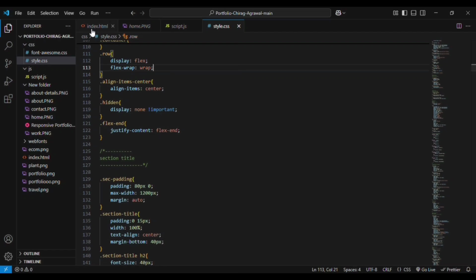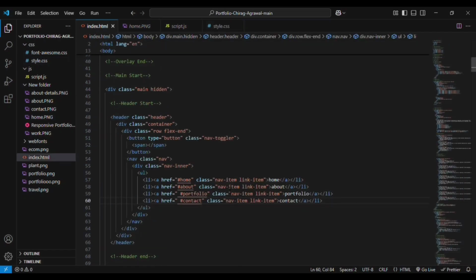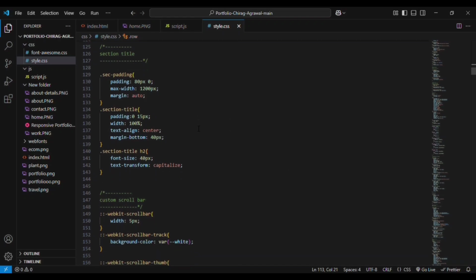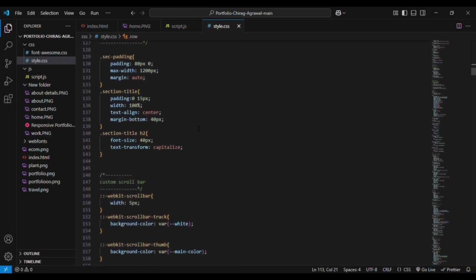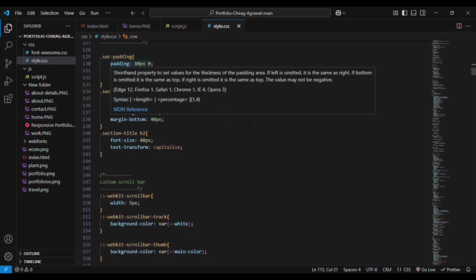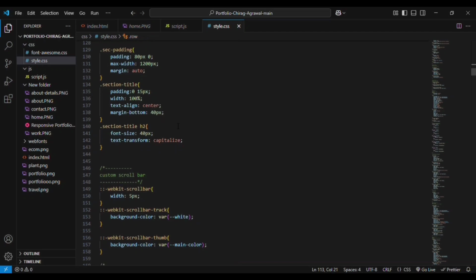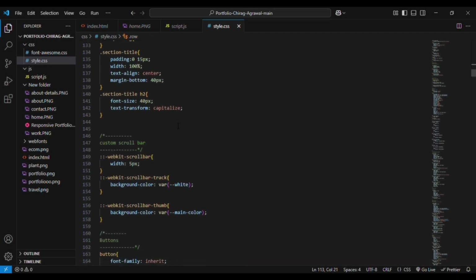These are like global values which will be used for the website. You can see in the directly we can give the class names here, and these values will be applied to them. That is the reason it is called global values. Then for the section title we are using section padding, padding maximum width is added. Then for the section title we are adding the padding width, text align. And then for the padding section title and h2 element we are giving the font size and